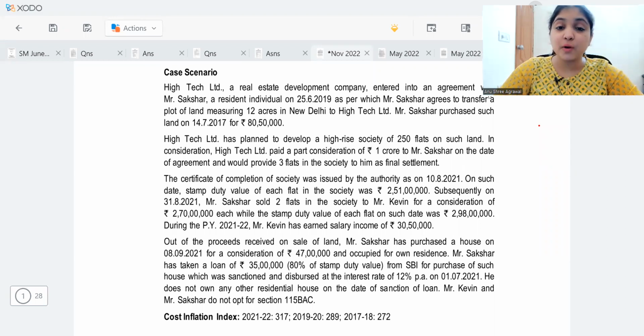In this session today, we are going to be discussing the CA Inter Income Tax RTP for November 2022 examination. Our very first question here in front of us is a case study based MCQ. A very good question focusing entirely on joint development agreements covered in section 45 subsection 5A as well as section 194 IC. Now, these two sections very often get a sort of a stepmotherly treatment from us because we've not seen questions from here in the examination until now.